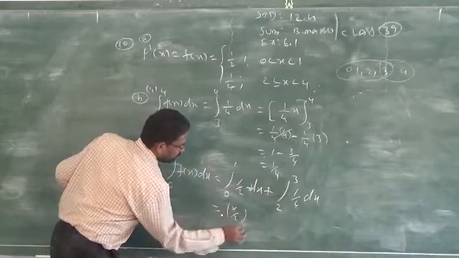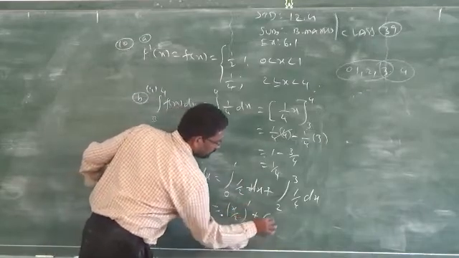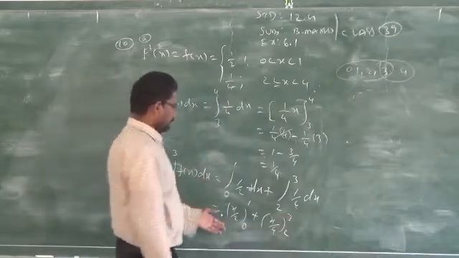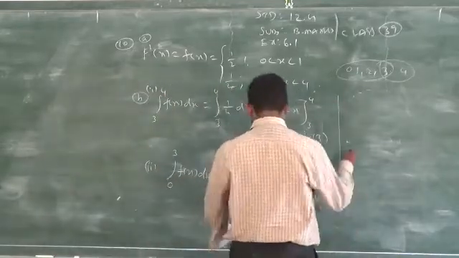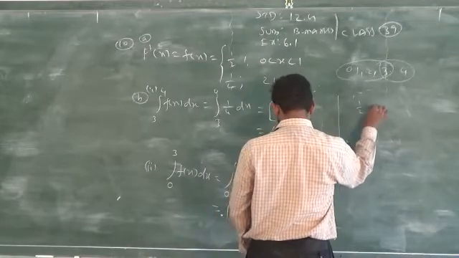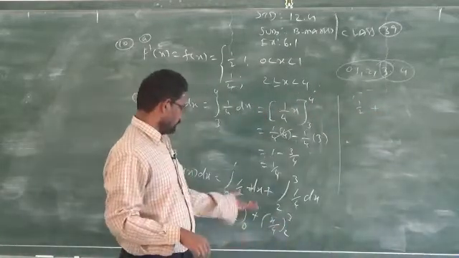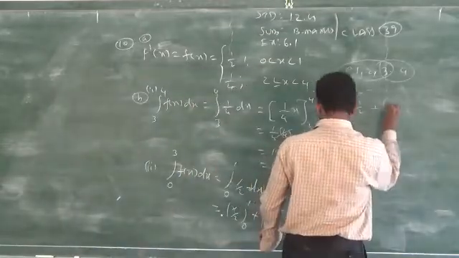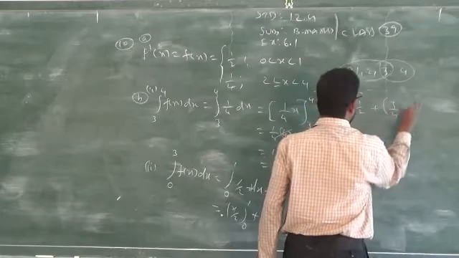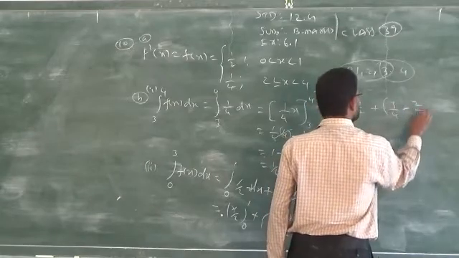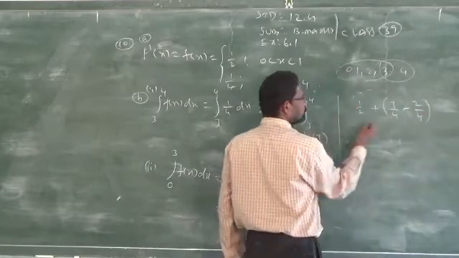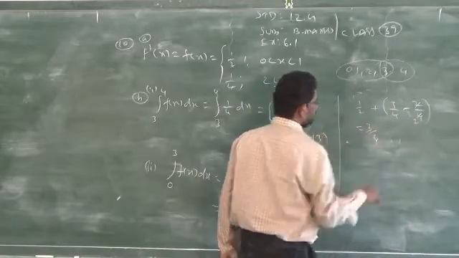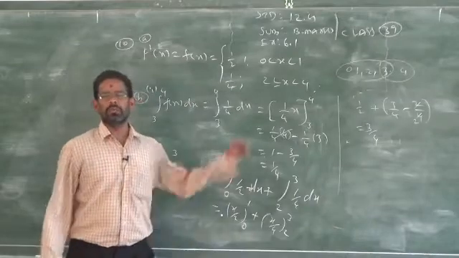x by 2 limit 0 to 1 plus this is x by 4 limit 2 to 3. You just have to replace the upper limit and the lower limit. You will get 1 by 2 plus, when you replace the lower limit 0, there is no need. 3 by 2 we already found, that is the upper limit, 3 by 4, 2 by 4. So, it will become 1 by 2. So, you will get how much? 3 by 4. So, please work it out, do not simply copy.